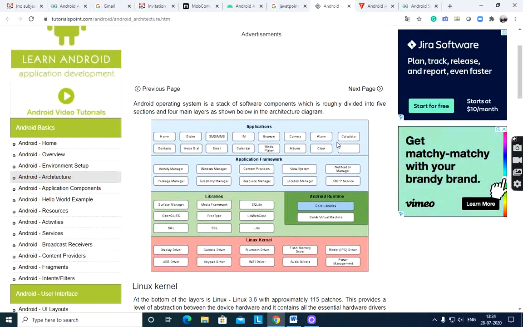Next layer is the application framework. Application framework provides several important classes which are used to create an Android application. It provides a generic abstraction for hardware access and also helps in managing the user interface with application resources.